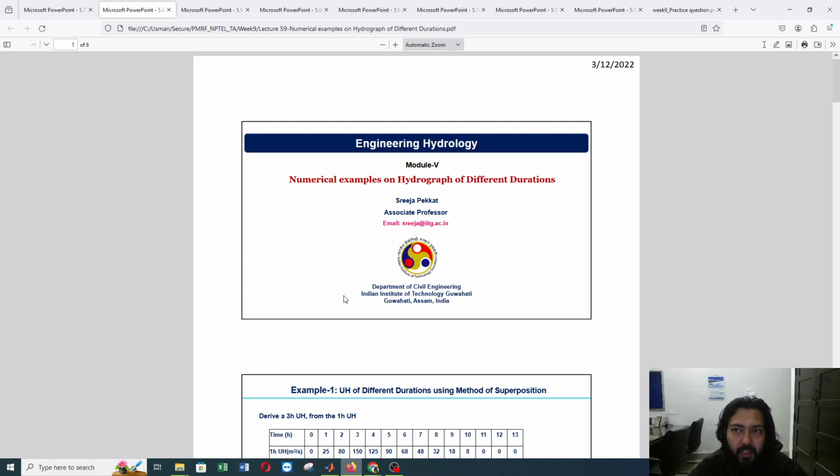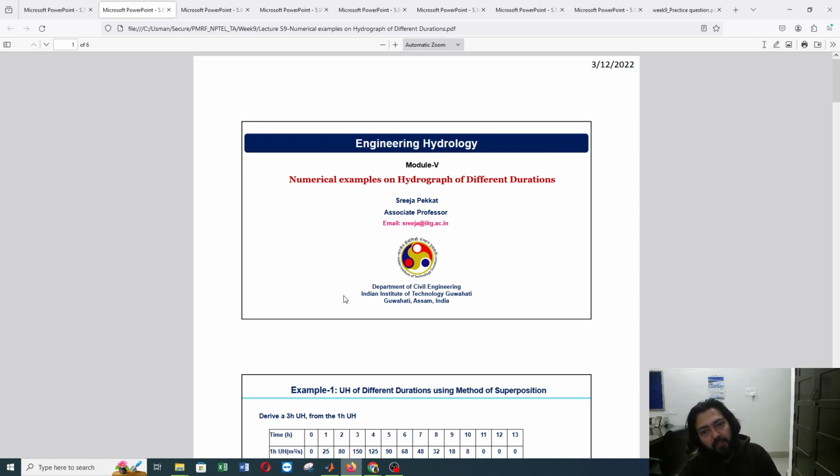Then we talked about the synthetic unit hydrograph, which is very important to derive the hydrograph parameters for any ungauged catchment, right? So we have classified that into three types. The first that we spoke about uses the hydrologic as well as geomorphological characteristics, where we talked about Snyder's synthetic unit hydrograph. How Snyder's synthetic unit hydrograph works is, first we see whether the synthetic unit hydrograph that is given to us is of standard form. If it is of standard form, then we can derive the peak discharge as well as time to peak based on the equation given by Snyder.